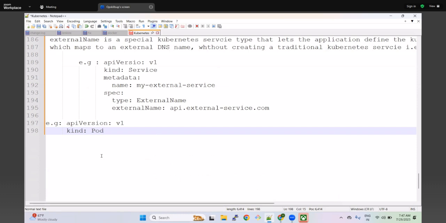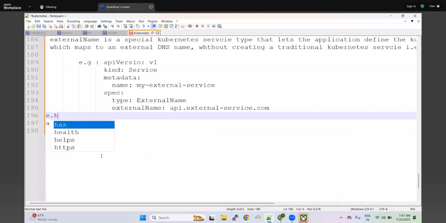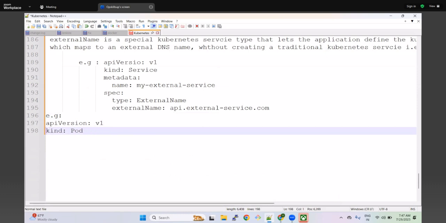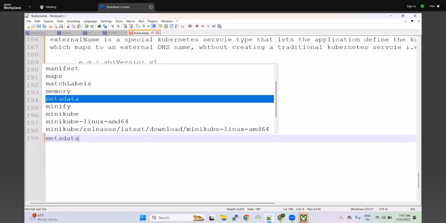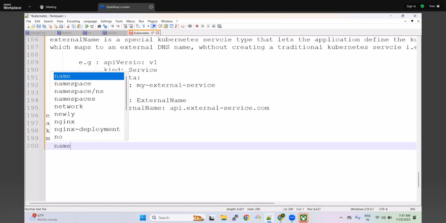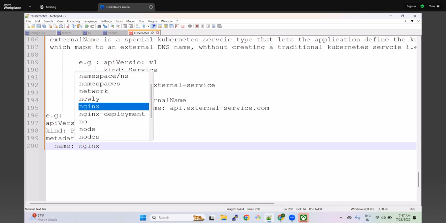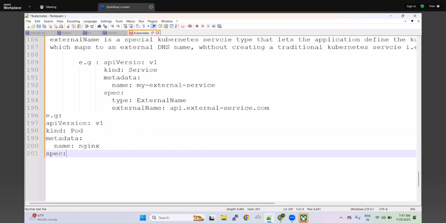That's why I'm going to use kind as Pod. Let's keep the example here, then it will be easy to write. Okay, the kind as Pod, and under metadata, I'm going to write the name as nginx, because this is what we created, right? And spec, under spec,